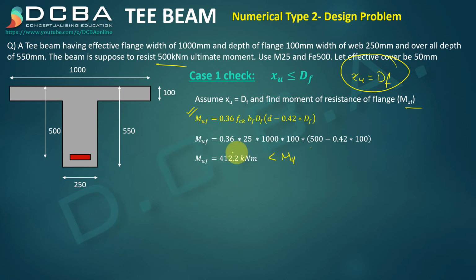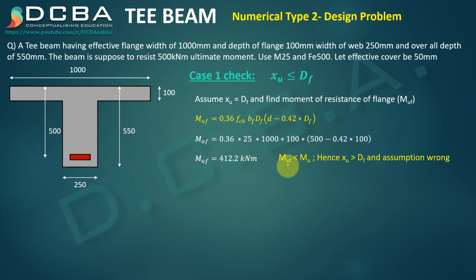If MUF is less than MU, we can say that DF is less than XU, or basically XU is greater than DF. So case 1 is not correct, right? Since MUF is less than MU, XU is greater than DF, and this assumption is wrong. So we have to move to case 2